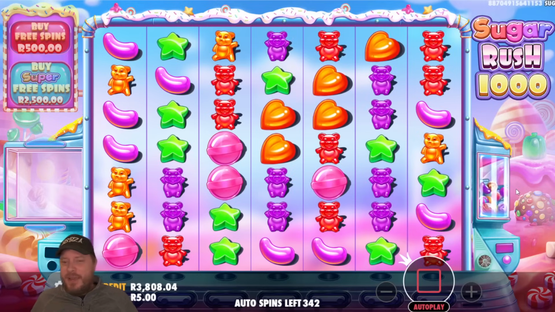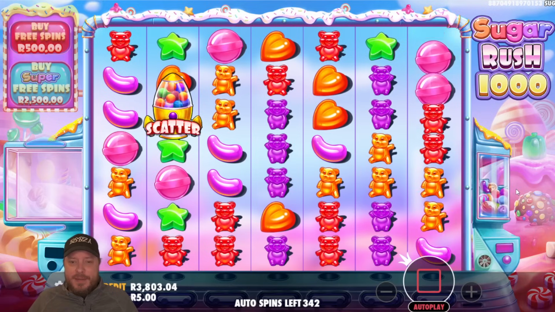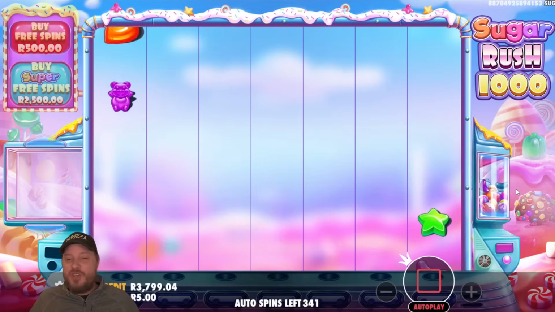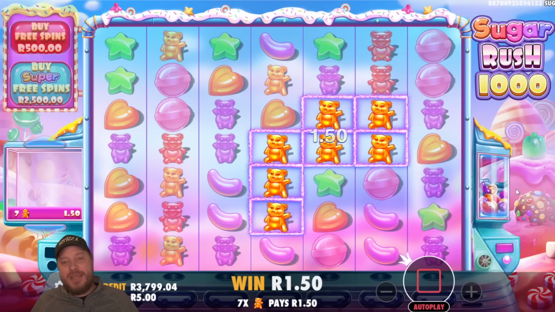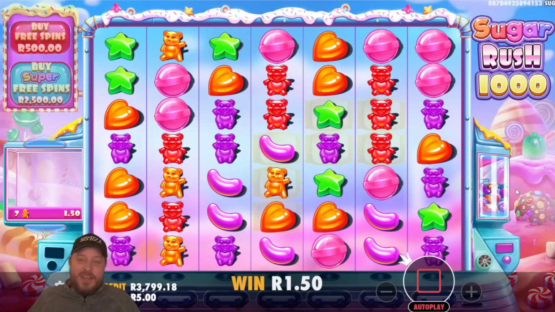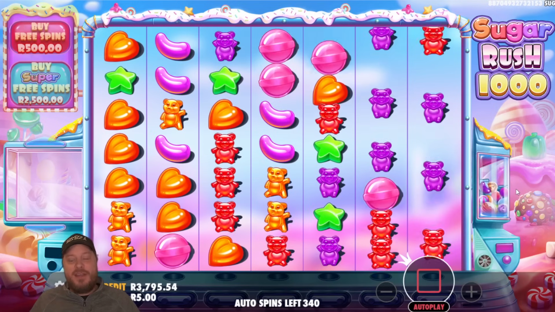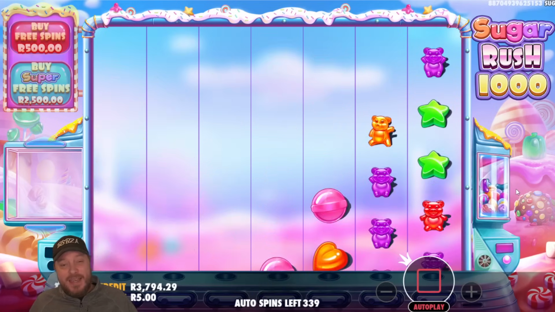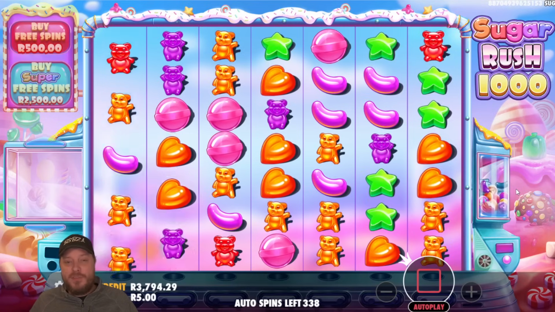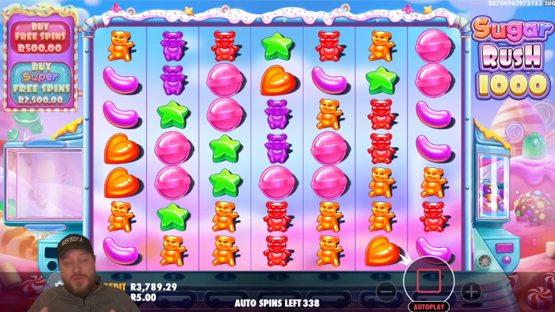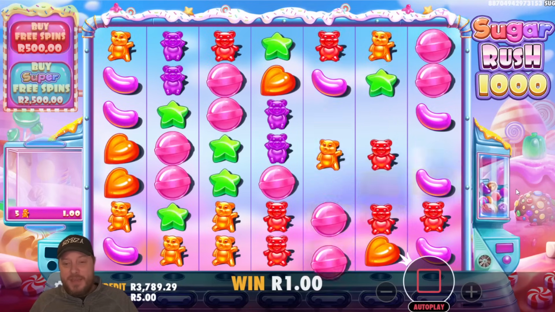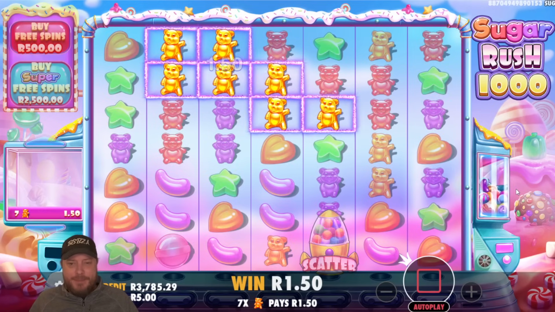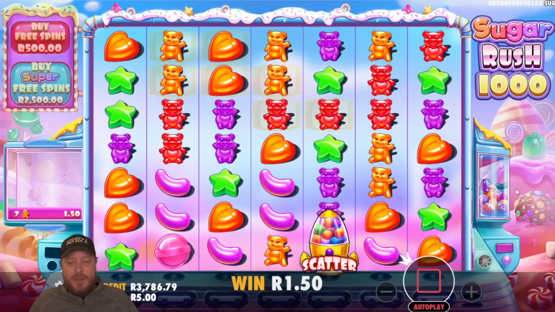There's people betting hundreds of rands that want to start a YouTube channel per spin, but they're never ever going to see anything like that back from YouTube. It doesn't matter how big the channel gets. It's never going to justify losing 20, 30,000 Rand a session. It's just not in South Africa at least. In the US or something like that, or if you've got a US or a worldwide audience of, let's call them rich countries, you know, where the people earn a lot more than we do here, then it is sustainable. But in South Africa, it is not. So sometimes I don't understand why people do that.